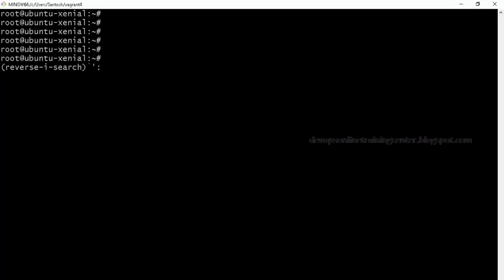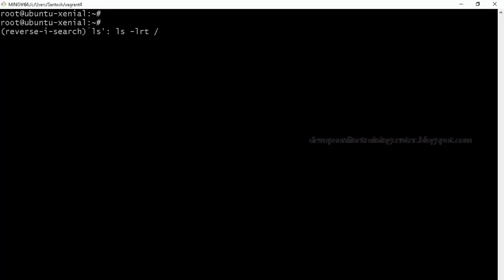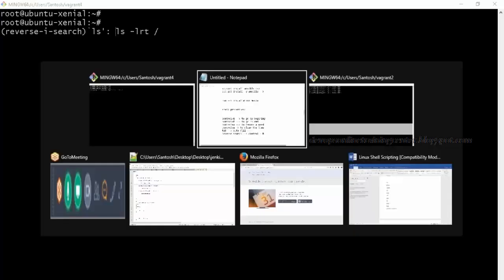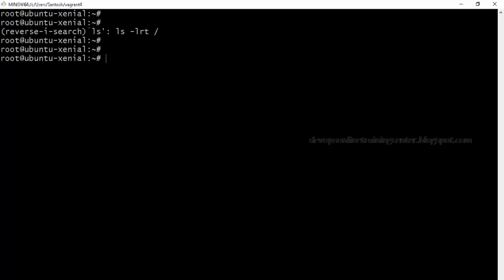Let us say Control R, L. If I just type L, it is showing clear. Or if I type Control R, LS, it is showing ls -fnlrt. So this is for the reverse search. It will search in reverse order through whatever commands we have executed, and it will show the possible options. So we don't have to type the command.